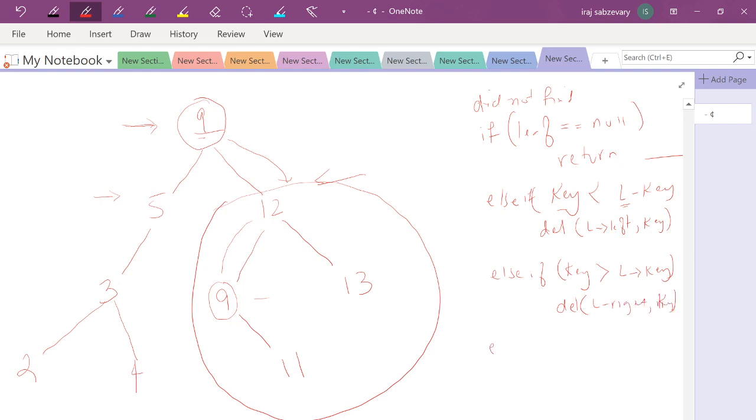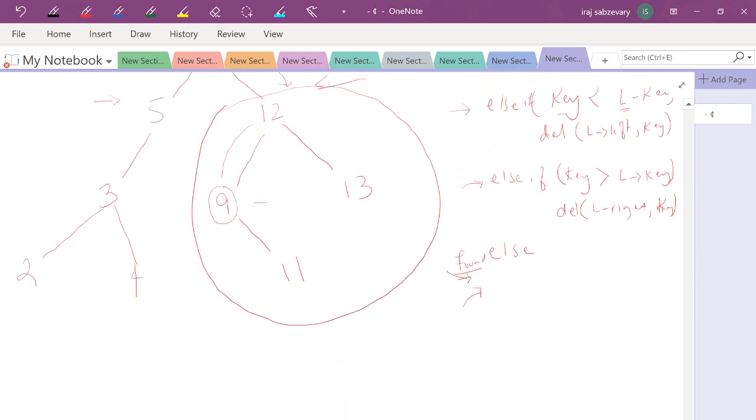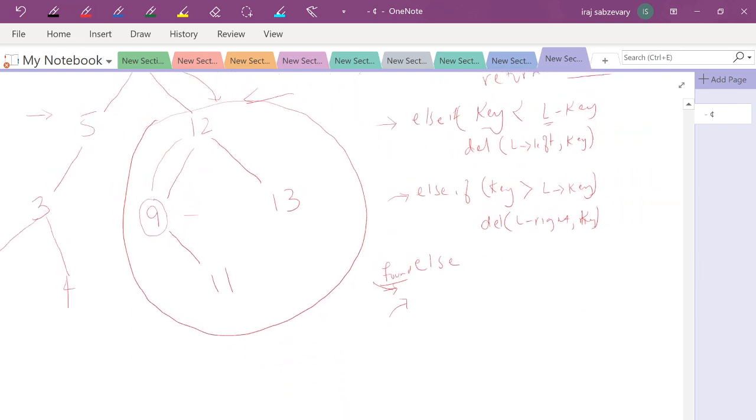Now, when you get to the else, this means that we've actually found what we're looking for. Because you see, there's the scenario in which we didn't find. There's a scenario in which we needed to move to the left. We needed to move to the right. But at some point, we will find it. And so this is where we land. And when we land here, then this means that we need to deal with the case in which